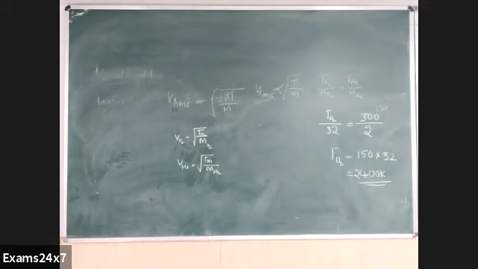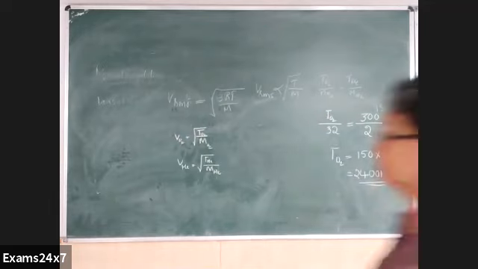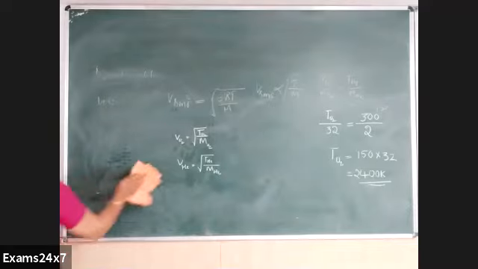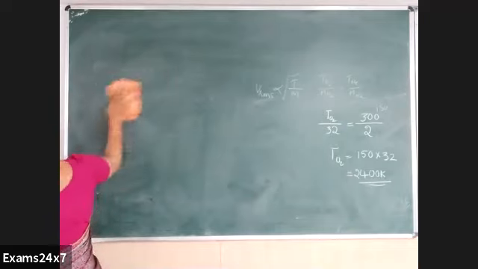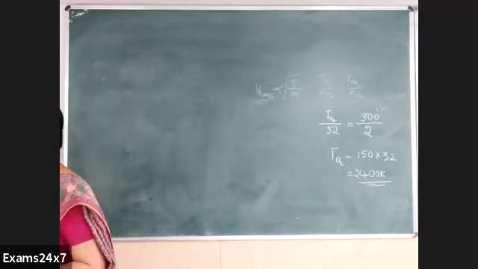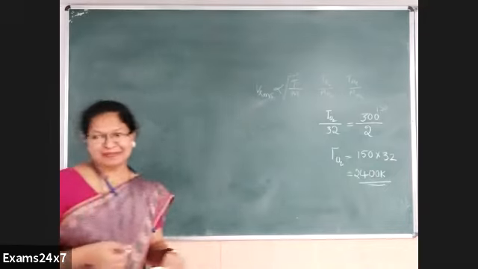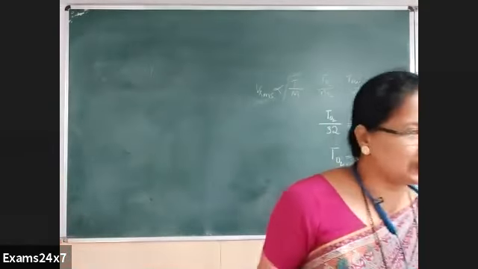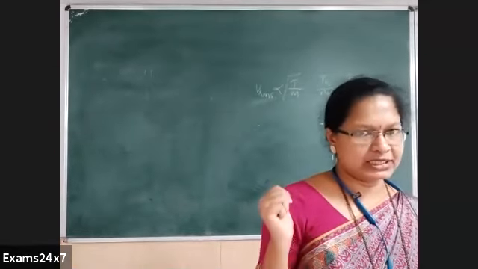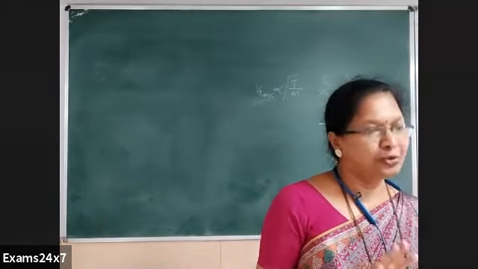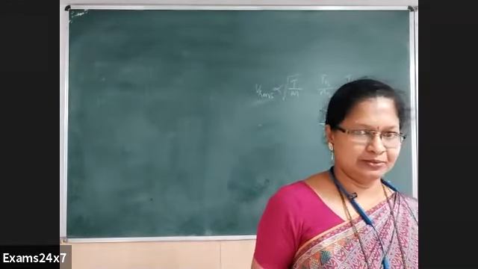Next, a gas is found to have formula CO to the X. If its vapor density is 70, the value of X. Can anyone do this? Today, as most of you are freshers here, I will do some of the questions. Next class onwards, what rule I said, you have to follow. If you know, I'll give you a chance. You can just come and answer. I don't expect you to give a full 100% correct answer. I'll correct it. Don't hesitate.